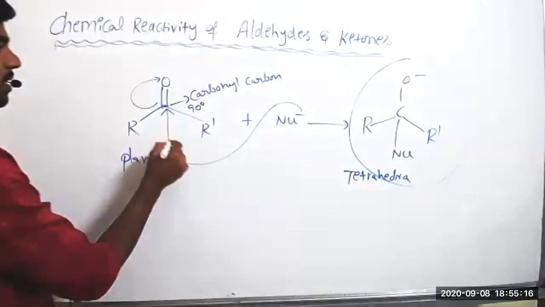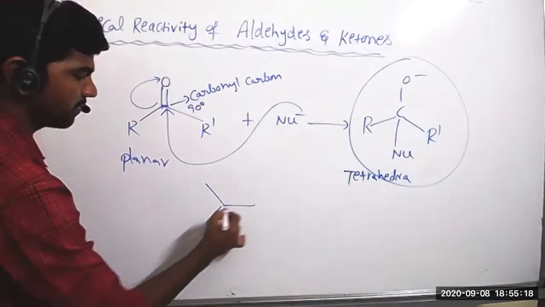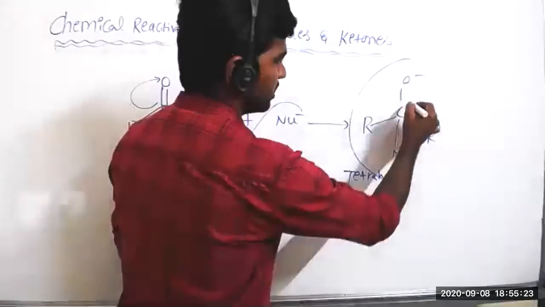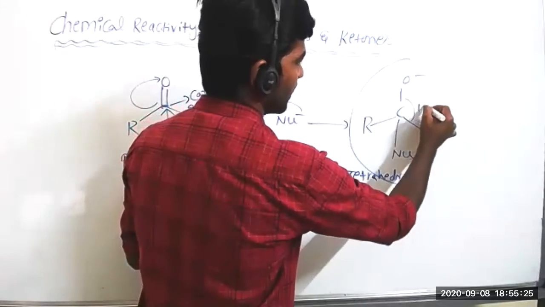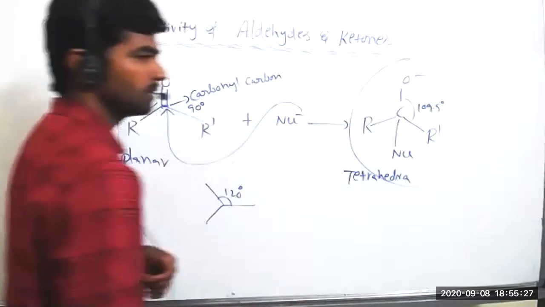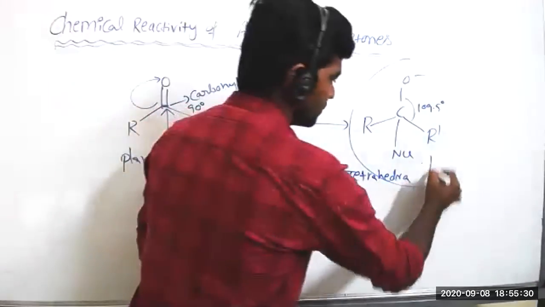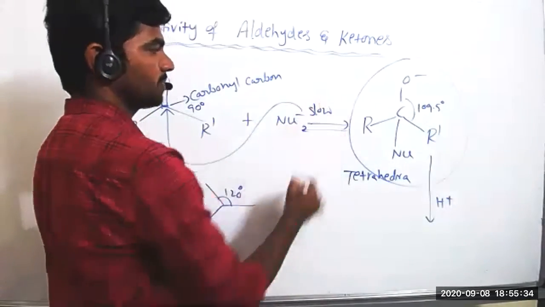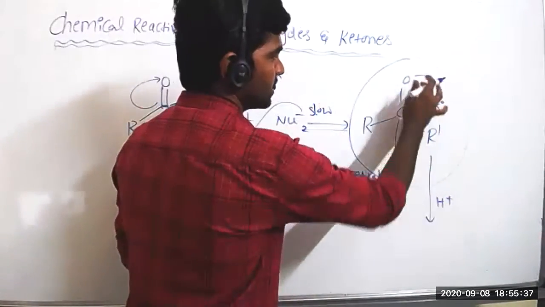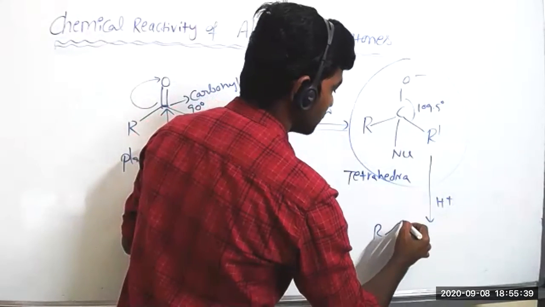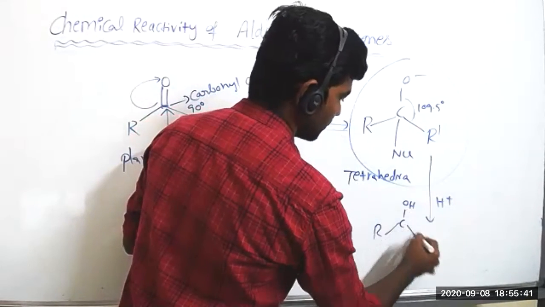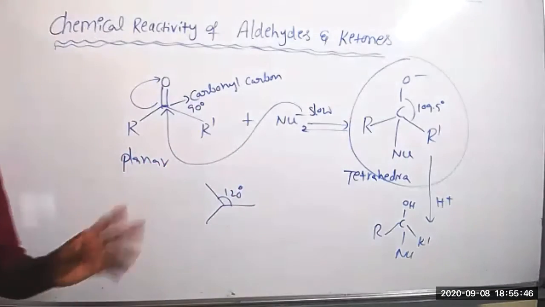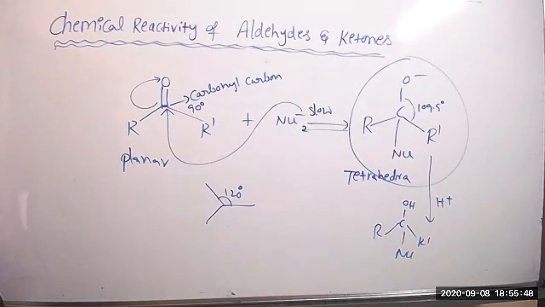So here, the planar molecule is like fan wings. The 120 degrees angle is mentioned, and it is planar. But here it is a 3-dimensional molecule with tetrahedral shape. Bond angle is 109.5 degrees. And in acidic medium, actually this is a reversible reaction, the first step, and also the slow step. H plus is attached to this. It gives alcohol. So overall, it is involved in nucleophilic addition reactions.